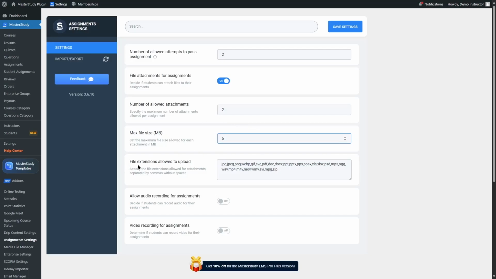The next option is the file extensions allowed to upload. So there are various file extensions that you can see over here. You can specify what type of file attachment you want to include. There's JPG, there's JPEG, DocX, PPT. So there are all these file types. You can either remove them or add in your own file types if required. But we're going to leave it as it is and move on to the next option, which is allow audio